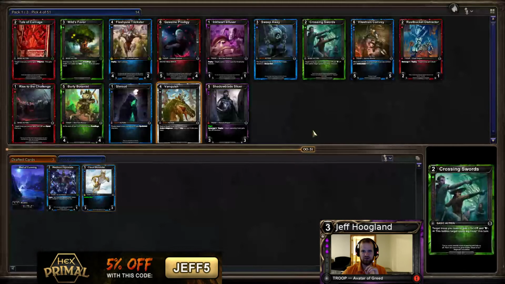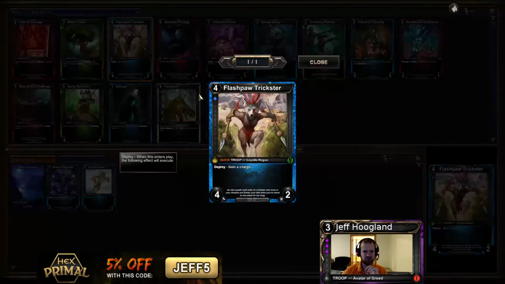Ardent Allegiant creates a Valor. I'm not a huge fan of the Flashpaw Trickster. It's a 4/2 deploy, gain a charge. I suppose I could pick this up and hope that the...